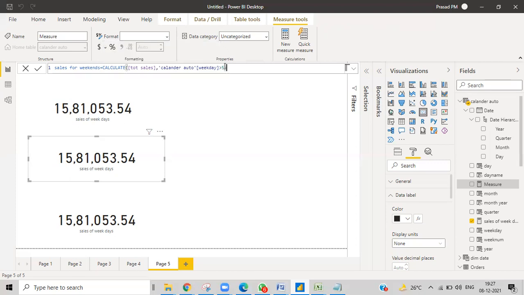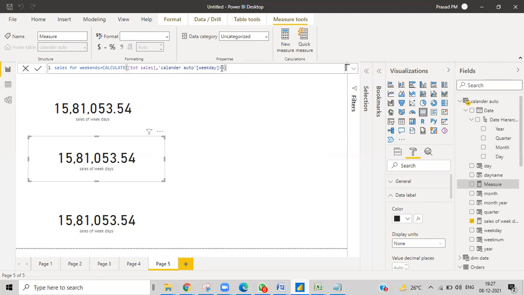So this is the logic, how to build the logic. If you think in this way, then you get the answers. If you want to filter with the day names, like Sunday, Monday, Tuesday, then obviously you need to write equal to Sunday or Monday or Tuesday, and it becomes lengthy code. You can do that also. If you want the sales for only Monday, you can use the second column where you have all these days, Monday, Tuesday. But when you use a group of days, then you go with the number, which is easy.